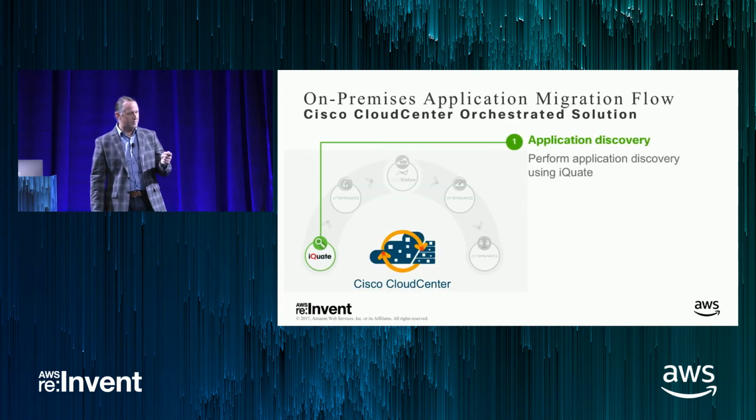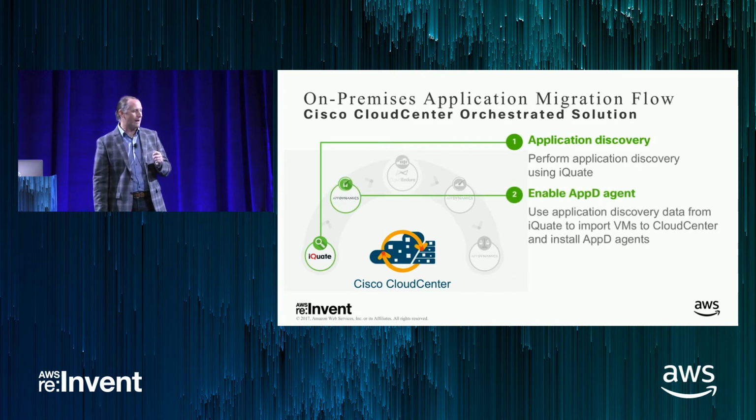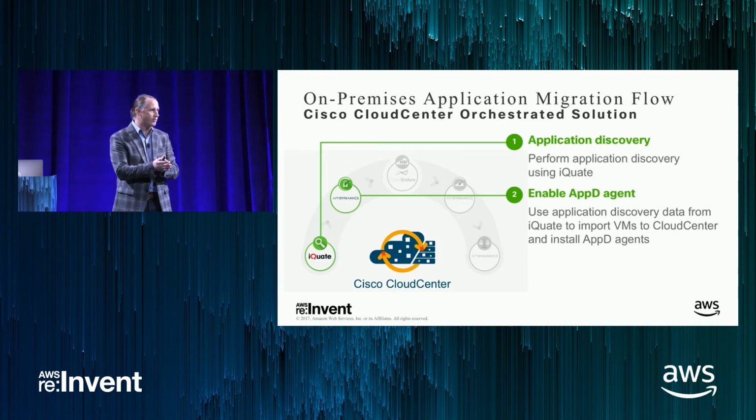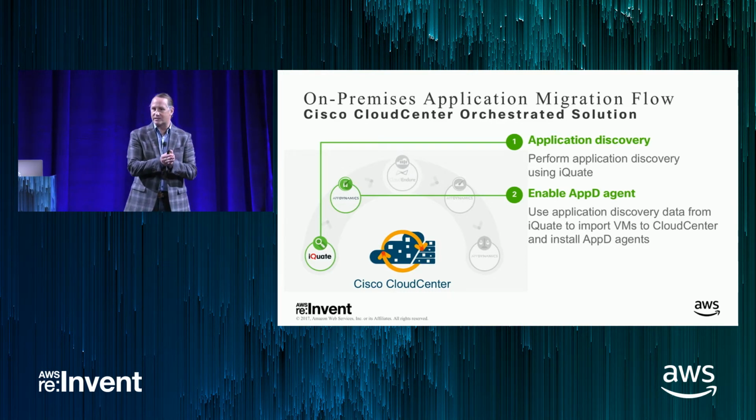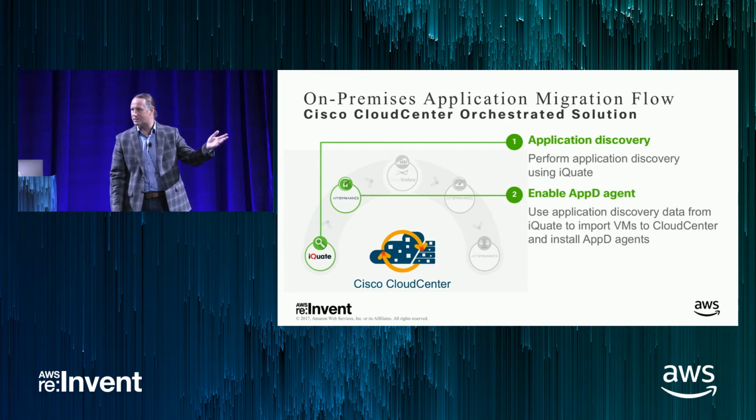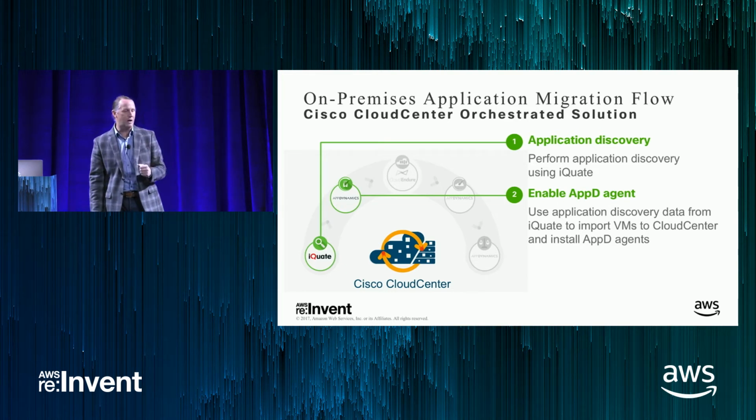So with iQuate specifically, I'm doing the application discovery. I am enabling the AppDynamics agent. Once we install that agent, we can start to collect data into the system on what's going on dynamically. This isn't just a snapshot. We're constantly generating this information from these two products of who's talking to who, because sometimes applications don't just discover at a point in time. There are monthly processes. Maybe all of a sudden something happens that only happens at the end of the day or at the end of the month. So these are things that are happening ongoing during the process.